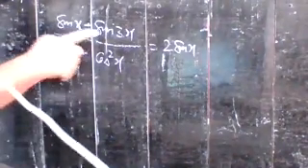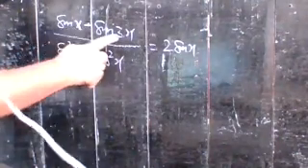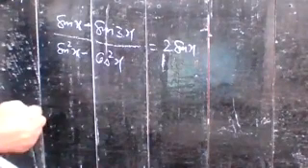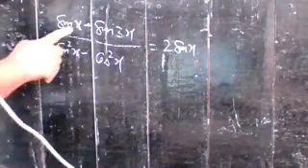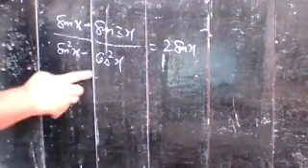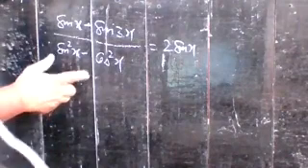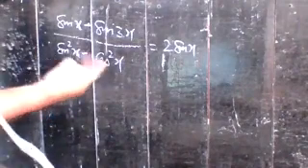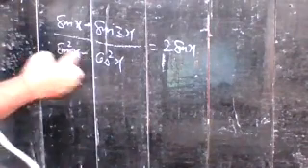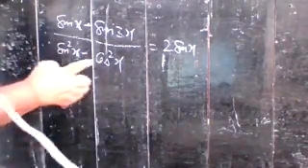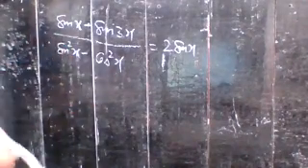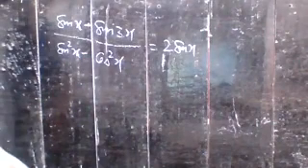So you apply the identity here, sin x minus sin y, which is 2 cos (x plus y) by 2 sin (x minus y) by 2. You apply it in the numerator, and if you see the denominator, there is no identity like sin square x minus cos square x. So what you do, you have to take minus common. If you take minus common, it becomes cos square x minus sin square x, which can be written as cos 2x.